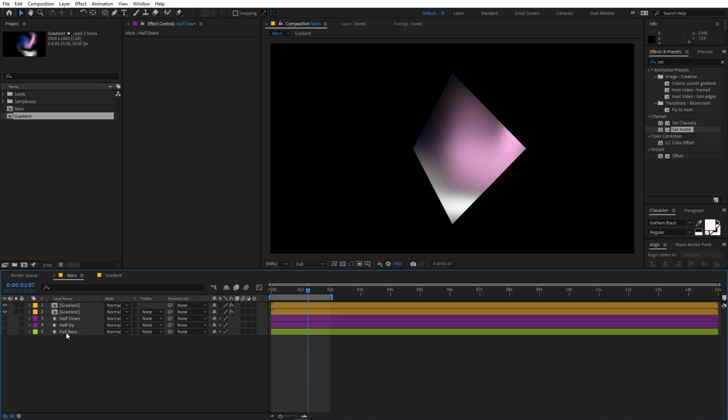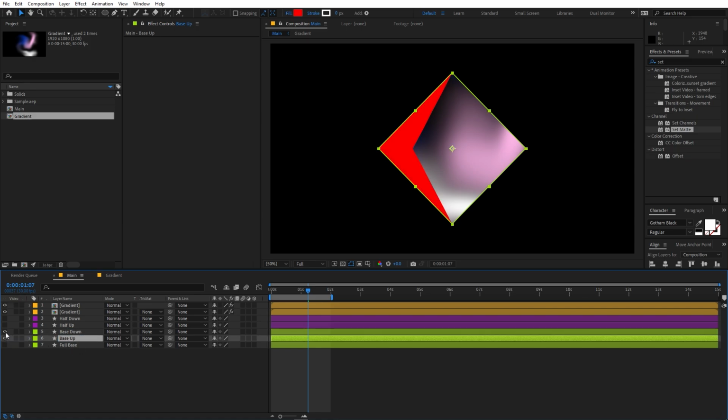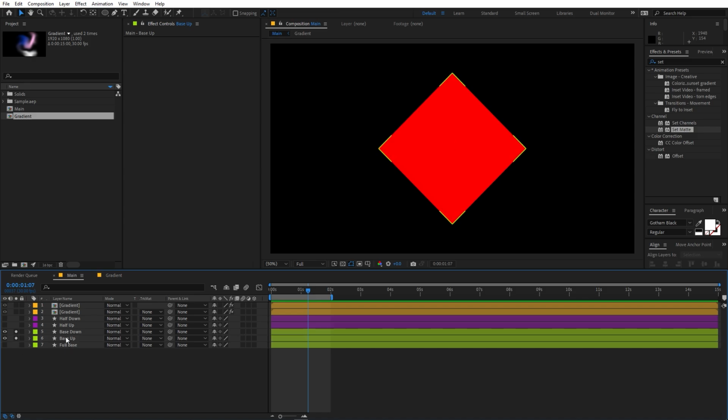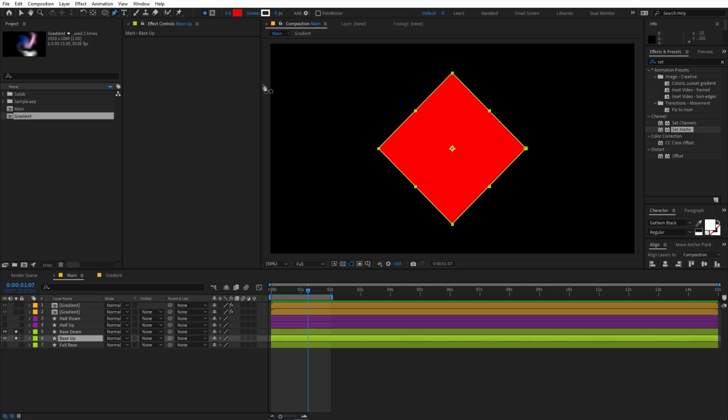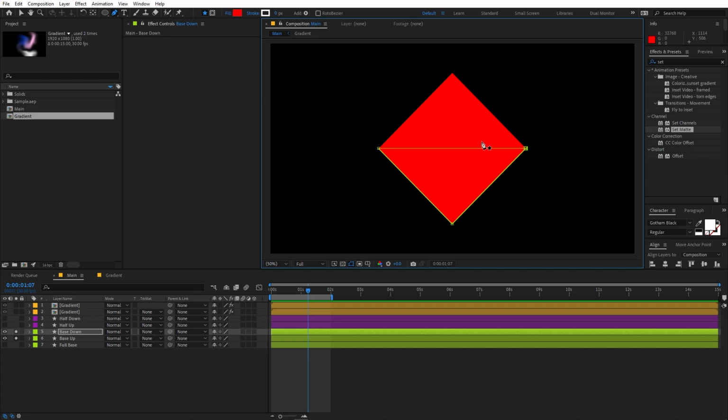to select the full base and let's duplicate it, and I'm going to call this base up and base down as well. So let's select this, press Ctrl D, and let's call this base down, and we are going to do the same thing. So let me just quickly enable these two layers and let's solo them. So I'm going to select the up and select the pen tool, and let's hold down the control key and let's delete the bottom one, and on the down let's delete the up one so we can have these two